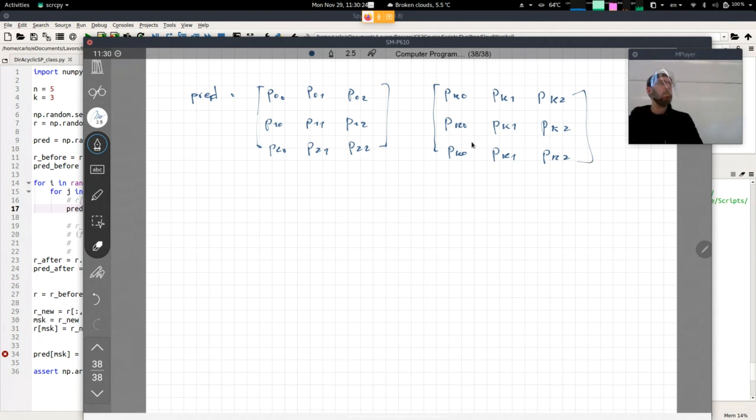Good? So the left one is the old one, the right one is the new one, if we updated every single entry. Now the right one is, of course, Pk0, Pk1, and Pk2, repeated 3 times, like that. But this time we're not doing a sum operation or any operation, so you cannot rely on automatic broadcasting like before. You need to do this explicitly. You need to say, take that vector, multiply it 3 times, make a matrix out of that. So in order to do that,